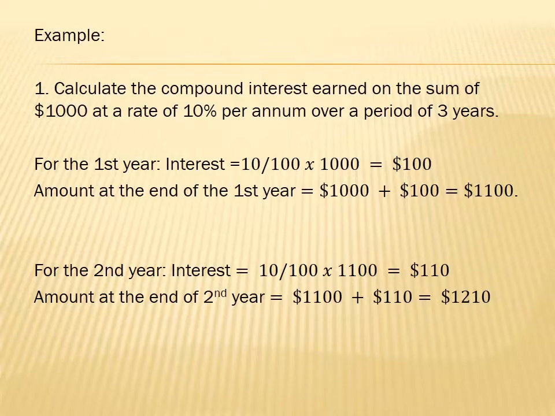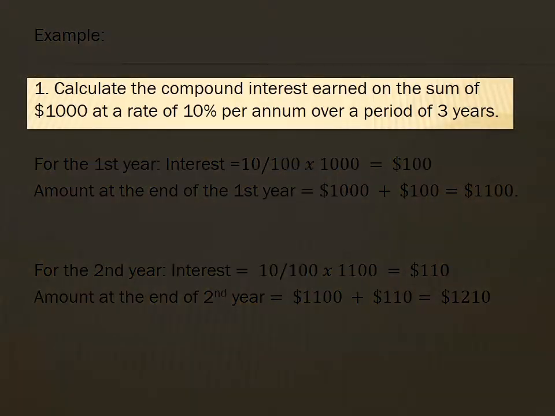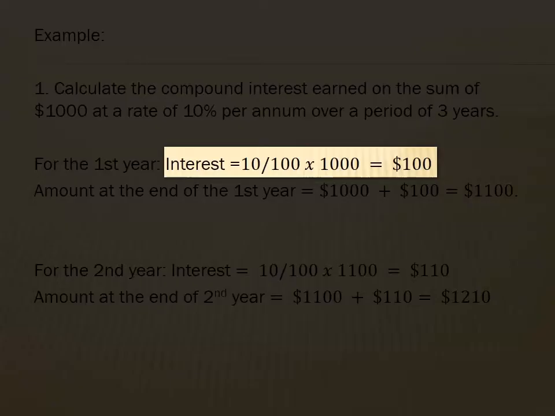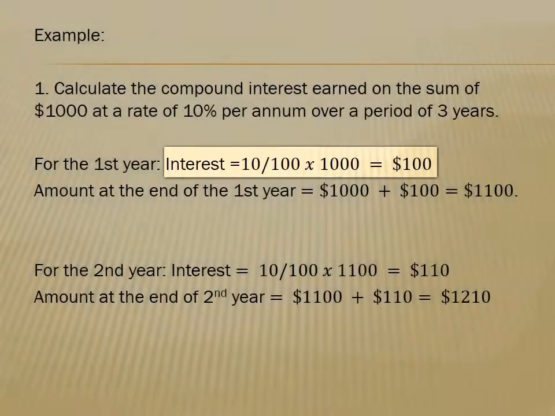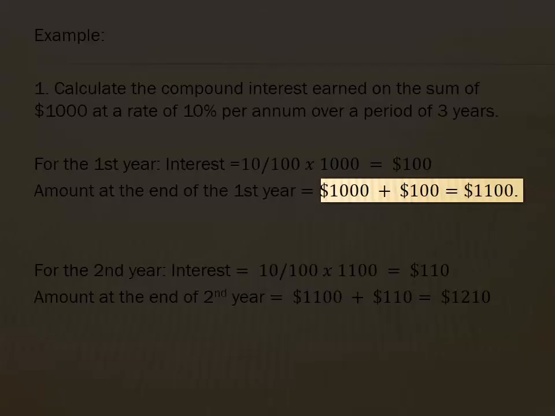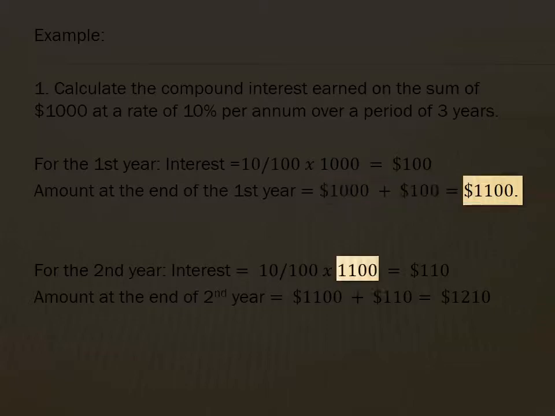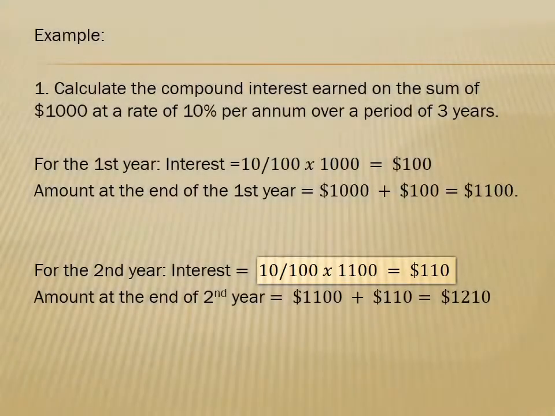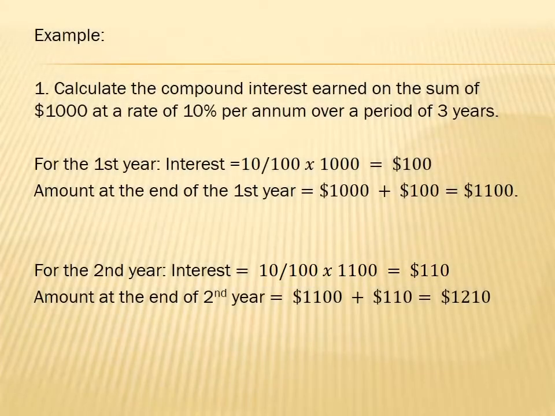Let's look at this example. Calculate the compound interest earned on the sum of $1,000 at a rate of 10% per annum over a period of 3 years. So for the first year, interest would be principal by rate by time, which is 1 year. So 10% of 1,000, which is 100. So the amount at the end of the first year would be principal plus interest, which is equal to $1,100, which now represents the principal for the second year. So interest would be 10% of 1,100, which is 110, and the amount at the end of the second year would be